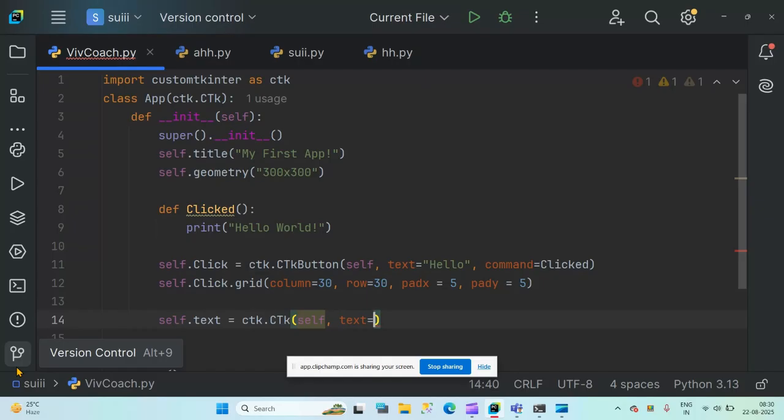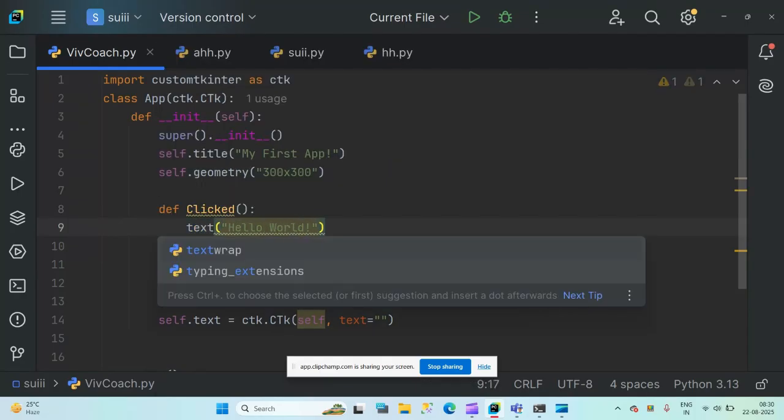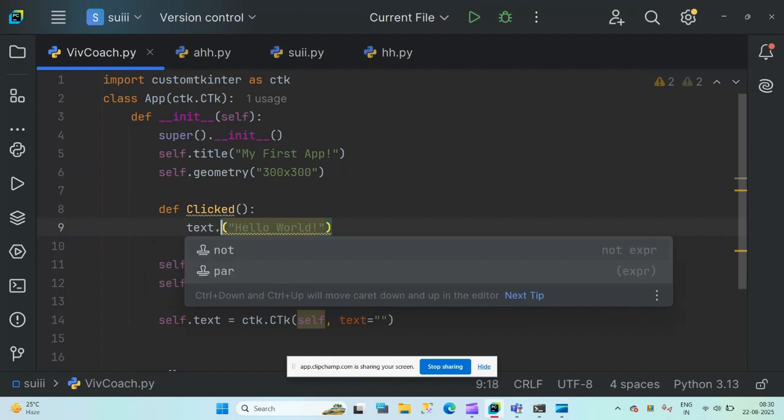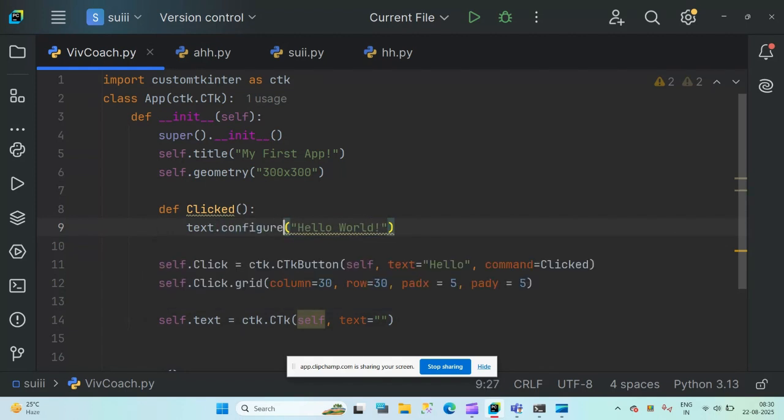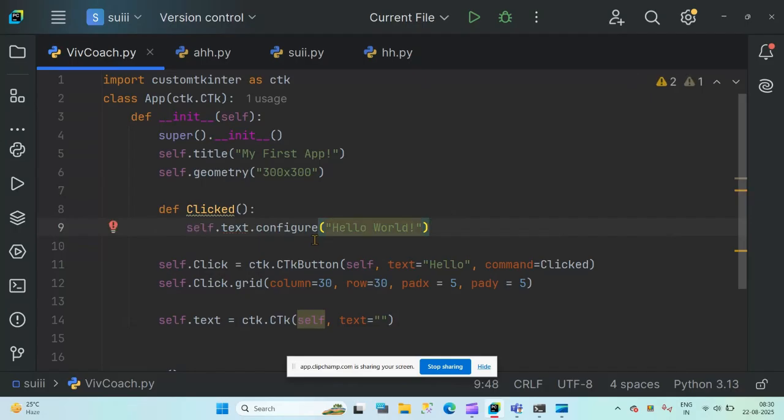Obviously text is equal to, I'll keep it nothing for now, and here instead of print I want to say text. So what is our text? You see, that variable text dot configure. Also you have to write self dot text dot configure. Then you have to write text is equal to hello world,